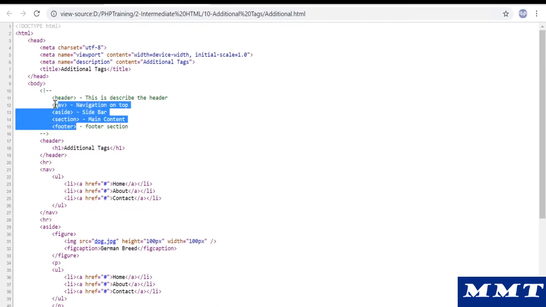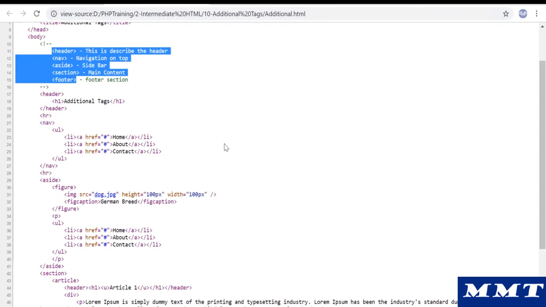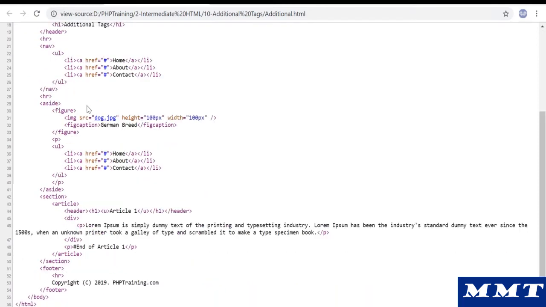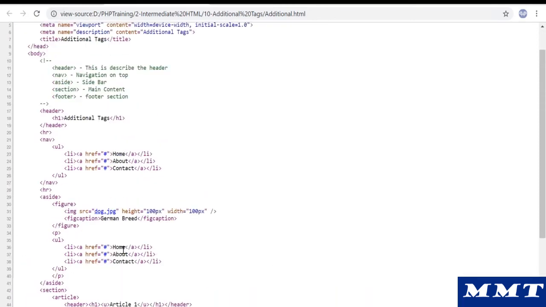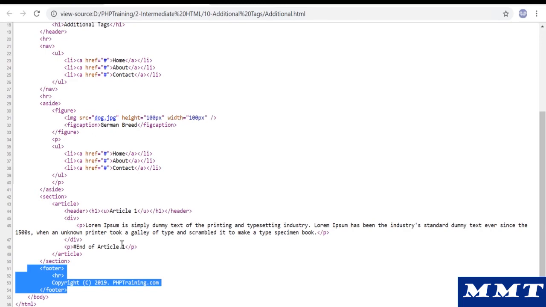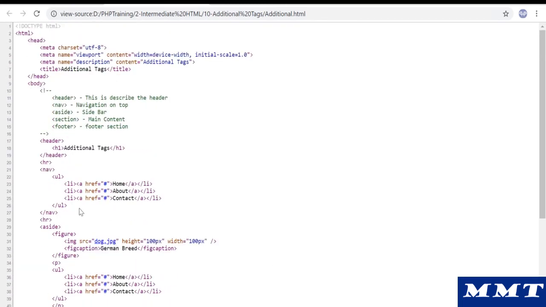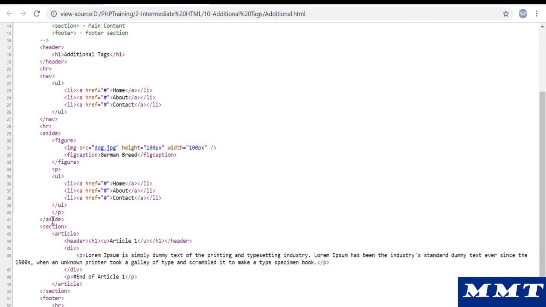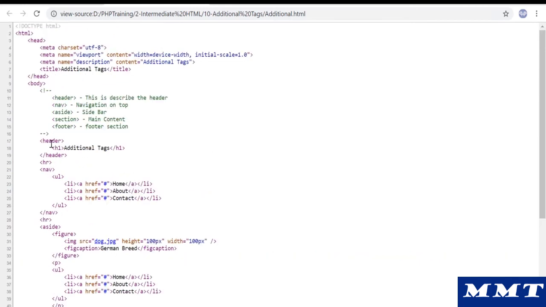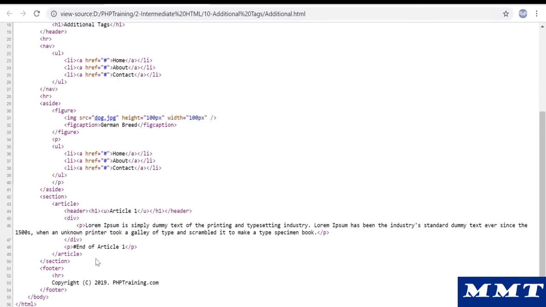So these are the HTML tags already available for us to use, and this actually gives a cleaner readability of your HTML code as well. When you write like this, this is footer. If you imagine, if you make everything as p, everything as div or everything as a span, it's really hard to understand what section you're talking about. But if you're using this kind of notation like aside, nav, header, and then footer, you at least know from the text itself what is the purpose of these tags